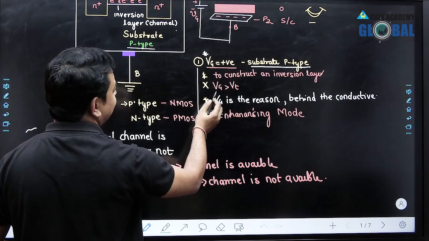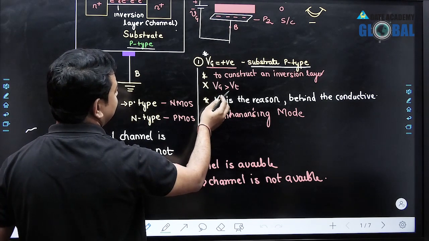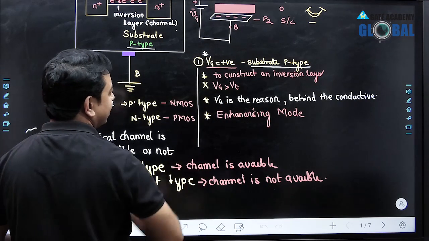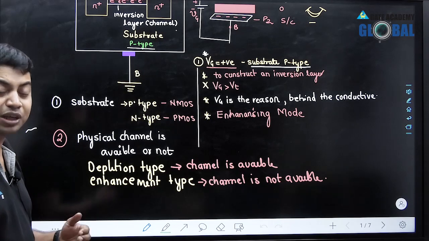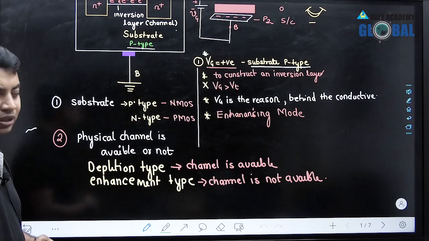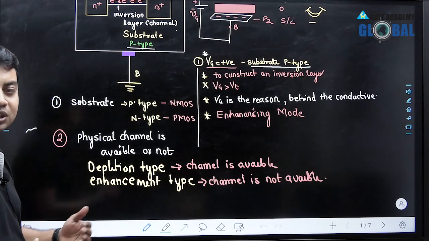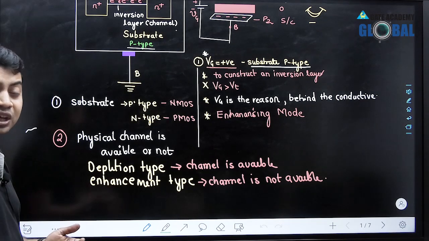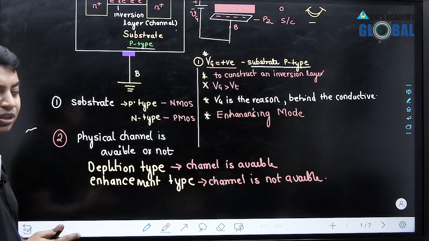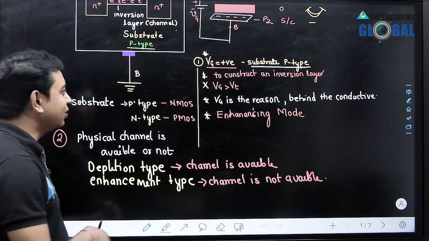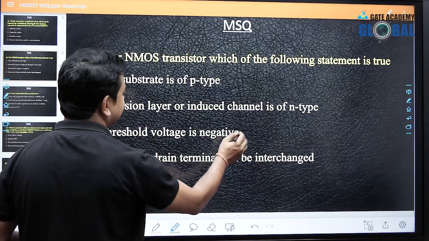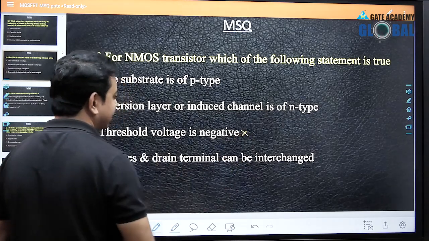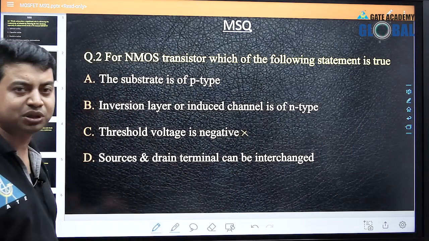Since the gate terminal voltage is positive, the voltage applied at the gate terminal must be greater than the threshold voltage, so that we can create an inversion layer or a sufficient number of electrons. We have already written that the gate is positive, that's why this negative has to be omitted from here. But if you go deeper inside this one,